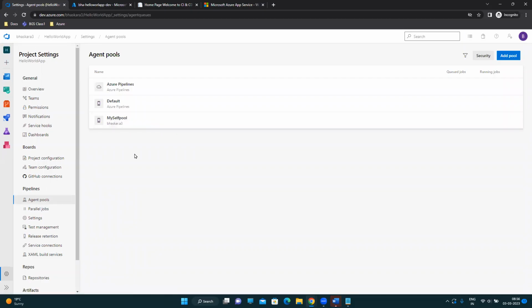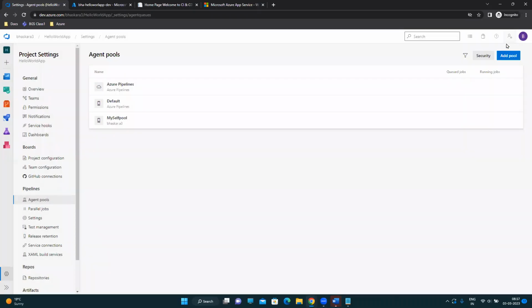Whatever you add will be inherited by the downstream projects if you select the checkbox or give the option while creating your pool. Assume you have created an agent which is not required for all the projects, and you need to give a specific pool for a specific project. Then you can always restrict that. Assume that I am going to create